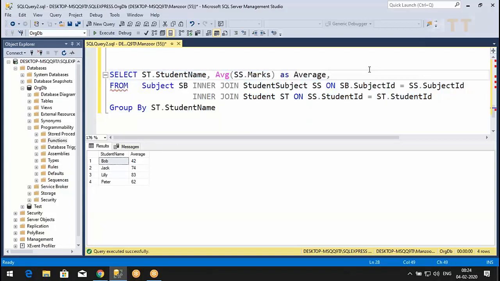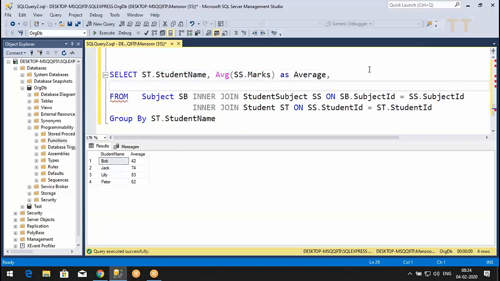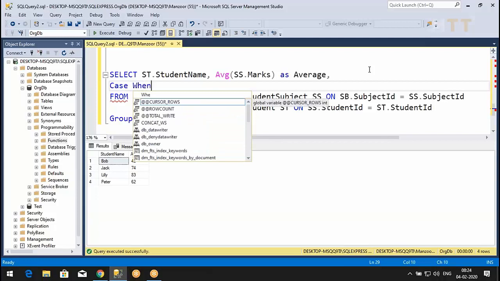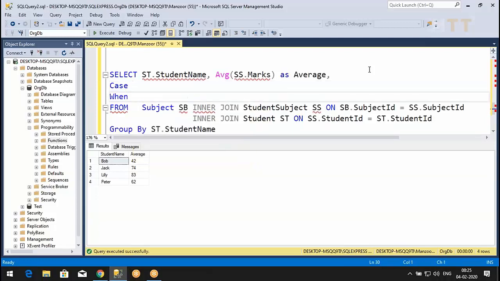Put a comma. Here I am going to write case, when. Will it work in case?